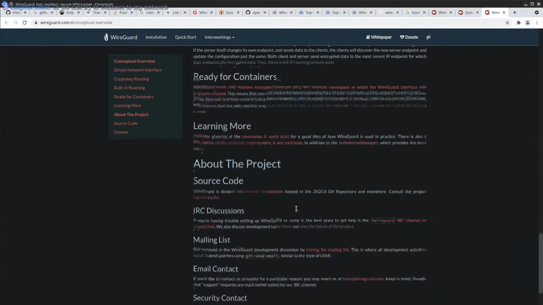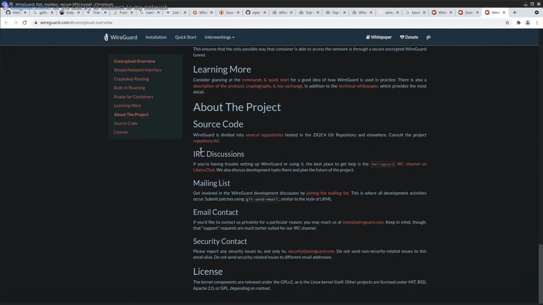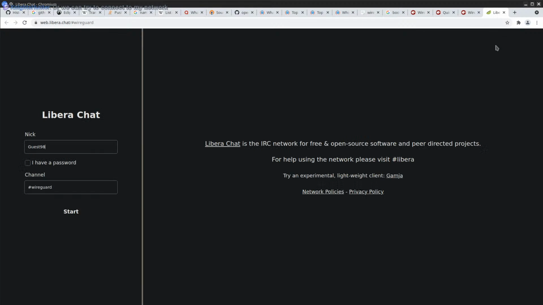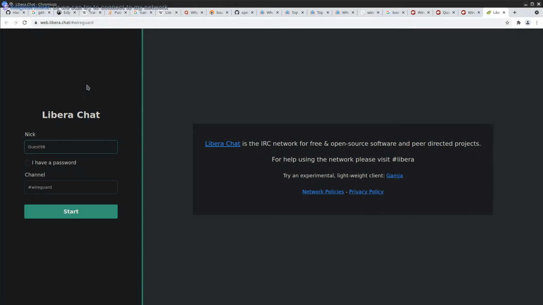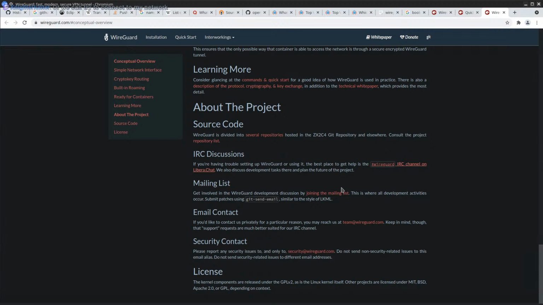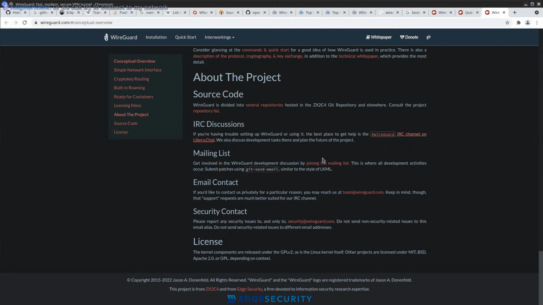The project. IRC, wow. Still fascinating that people still use IRC. Libera Chat. Damn, I haven't used an IRC client in 20 years or so. Those used to be a thing. That's an old school chat application.